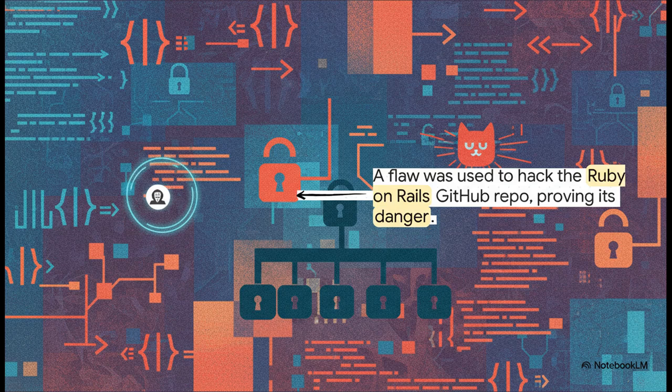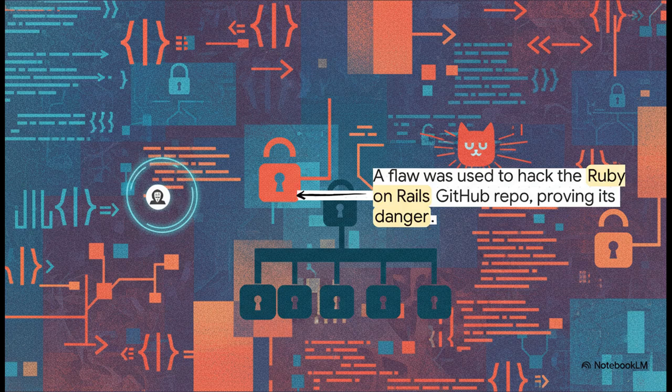And this story is an absolute legend in the security world. Back in 2012, a researcher found a mass assignment flaw in the Ruby on Rails framework. To prove just how dangerous it was, he used that exact flaw on GitHub itself to give his own account permission to push code to the main Ruby on Rails project. He literally hacked one of the most important open source projects on the planet just to get everyone to pay attention. The lesson? Never blindly trust the data coming in.